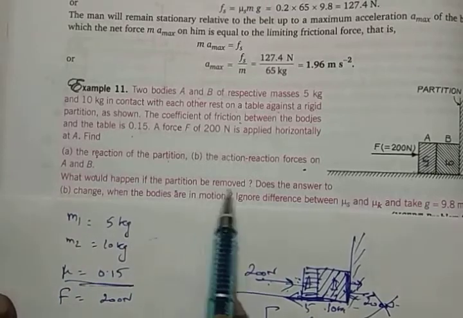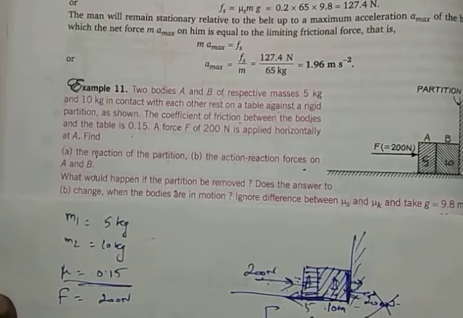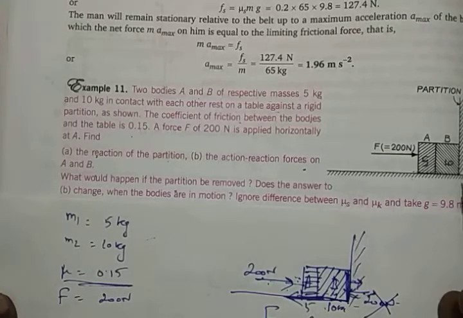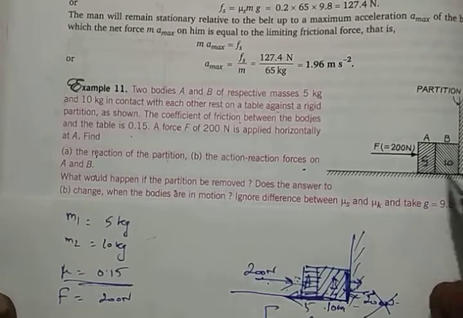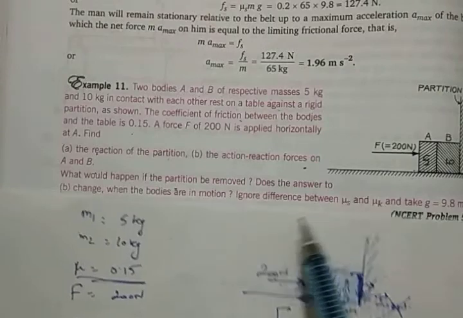What would happen if the partition is removed? You remove this one, what will happen? This started moving now. Once it is moving, it becomes kinetic friction, and this one is going to oppose this one with this frictional force. The frictional force is going to be 22 newtons. It will be opposing this one. Now we need to find out